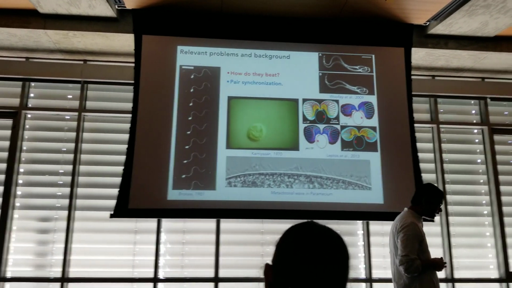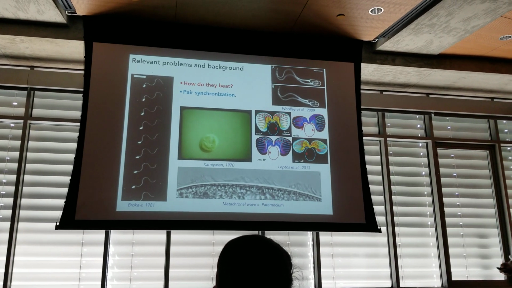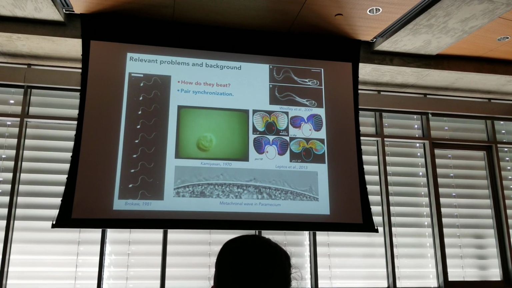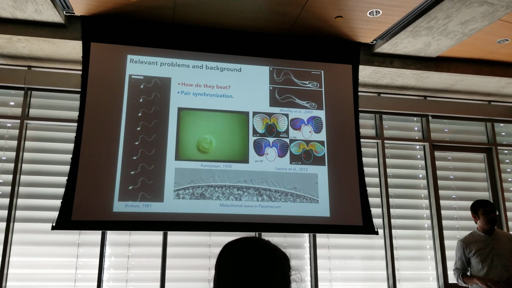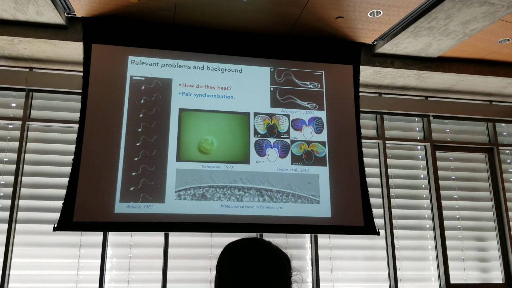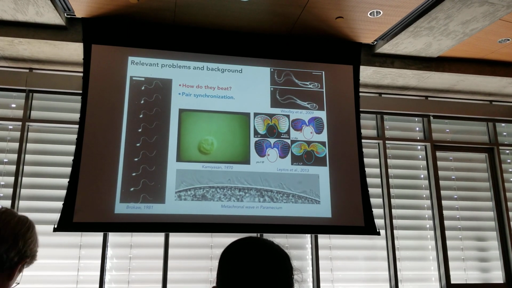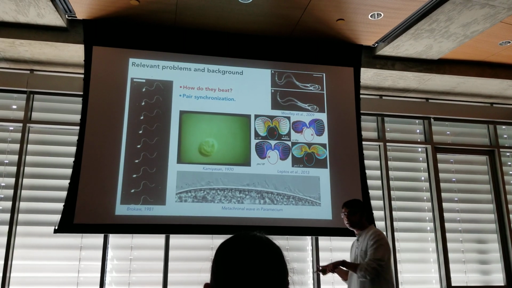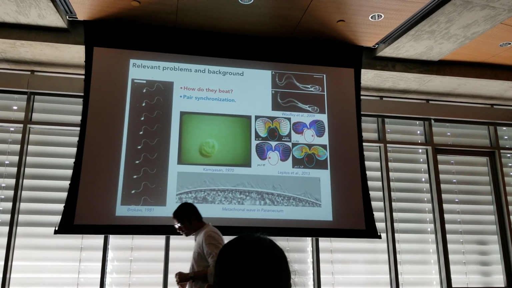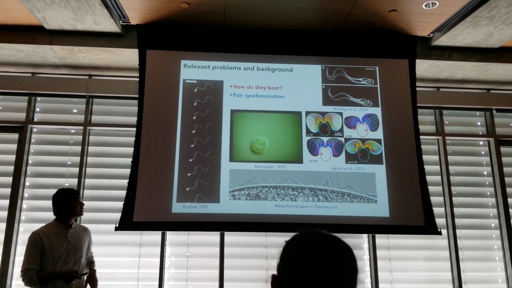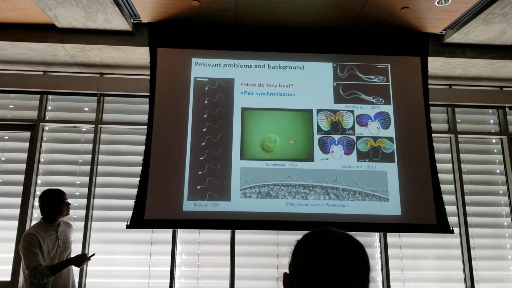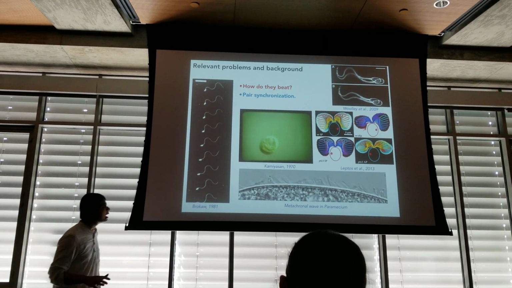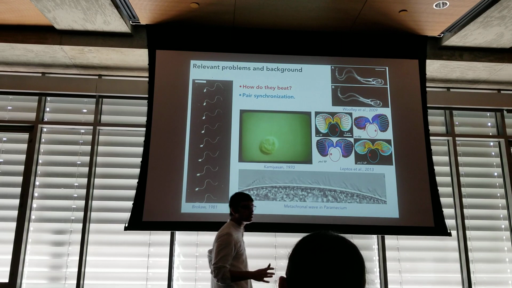The second question is related to, in some sense, emergent behavior, particularly hydrodynamic interaction between pairs of filaments and their synchronization. This problem has a very rich history and goes back to the pioneering work of G.I. Taylor in the 1950s. It all started from the observation that if two sperm cells are swimming side by side, then their flagella can get phase locked and remain in phase. More recently, over the last 2 decades, there have been a lot of experiments with the algae chlamydomonas that have revealed that they have a pair of flagella that can beat in phase, resulting in breaststroke swimming, and also can go anti-phase, resulting in freestyle swimming.